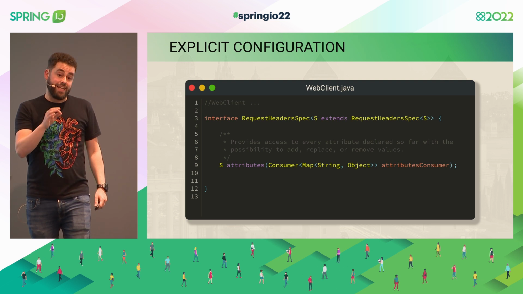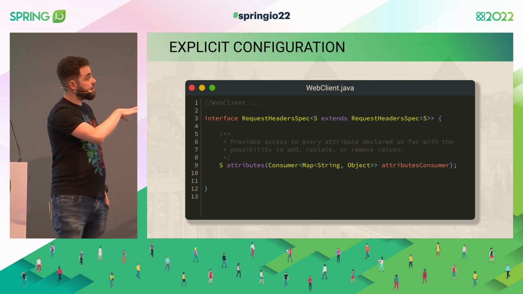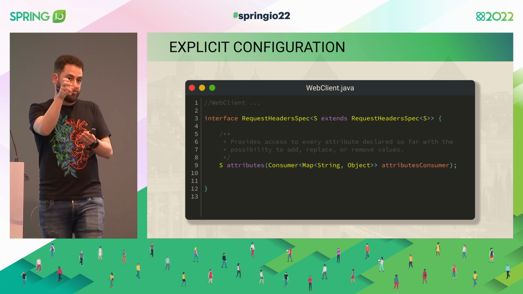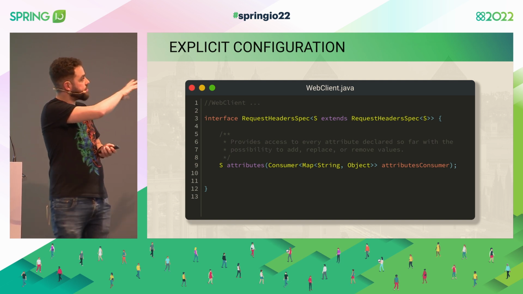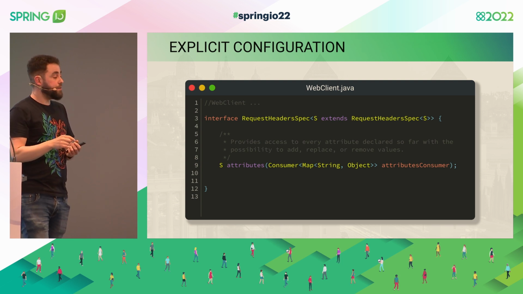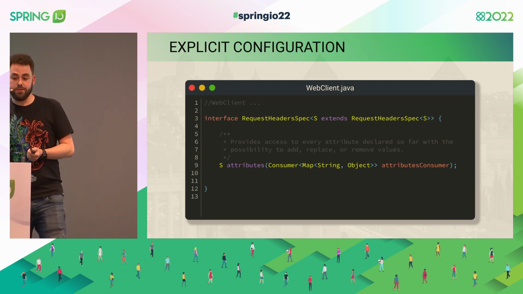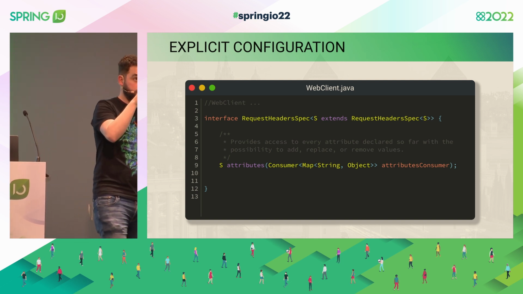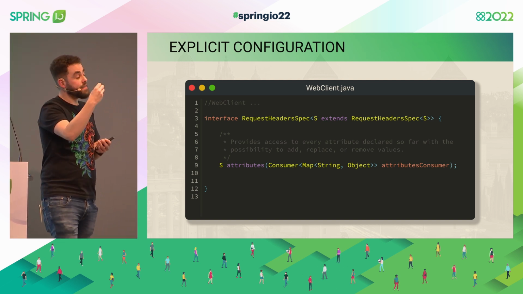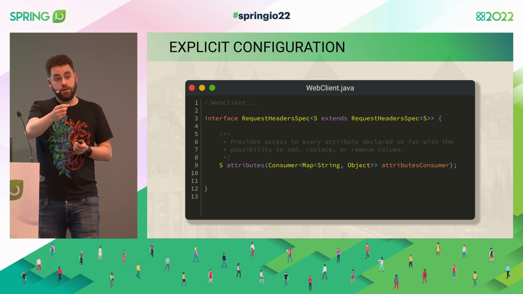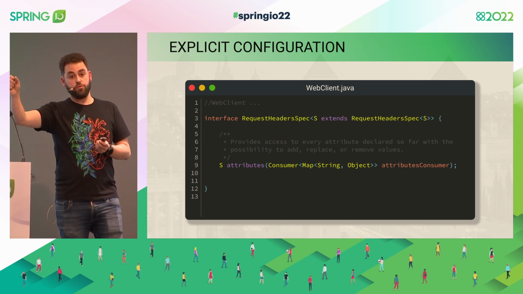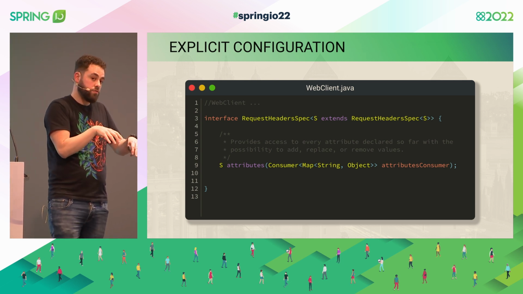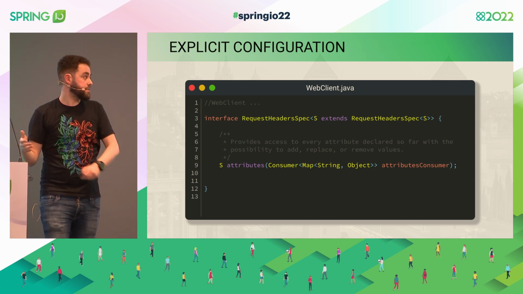For WebClient, this is slightly better. With WebClient, when we build not the WebClient, but the call we are doing with WebClient, we end up with this request headers spec. And here, there's the concept of attributes. Attributes are just some information that is going to be added on that call as part of the code, a variable for the interceptors that we have, but that are not going to go through the network. So it's not a header that I'm sending. It's just some way of communicating from my code to the interceptors that the WebClient has.